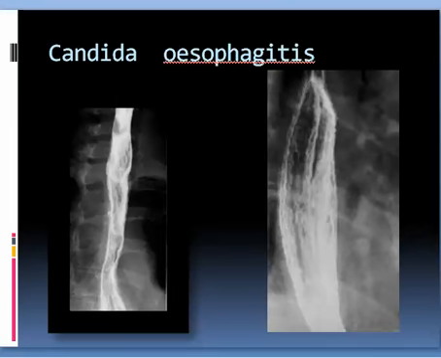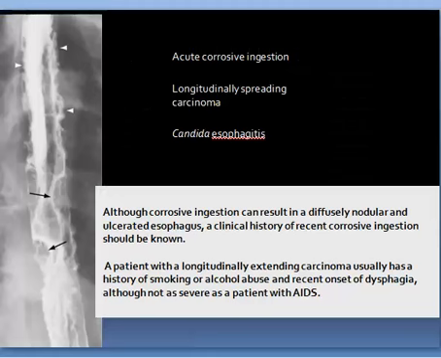Candida esophagitis, again we have these thickened mucosal folds, we have these fine nodulations and irregularities, and we have these small ulcerations along the surface. This is Candida. Acute erosive corrosive ingestion or a longitudinally spreading carcinoma or Candida esophagitis. Of course, this appearance is more with